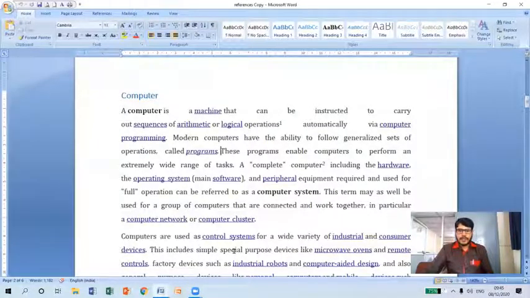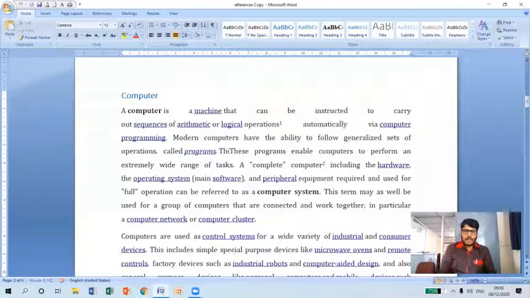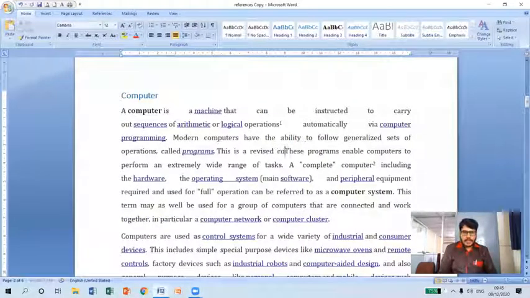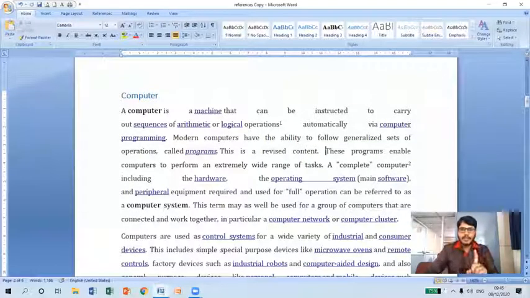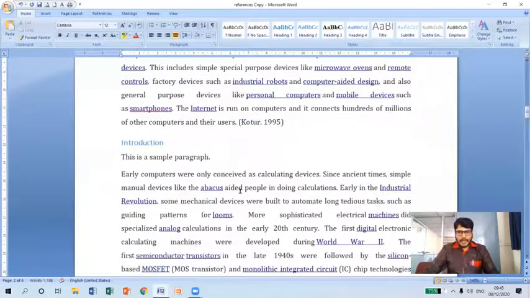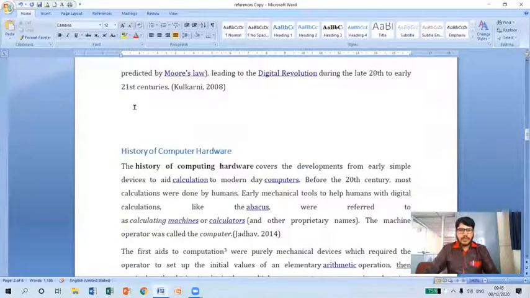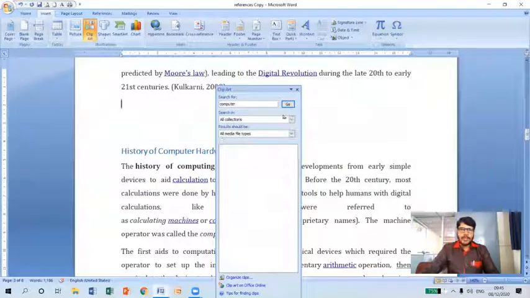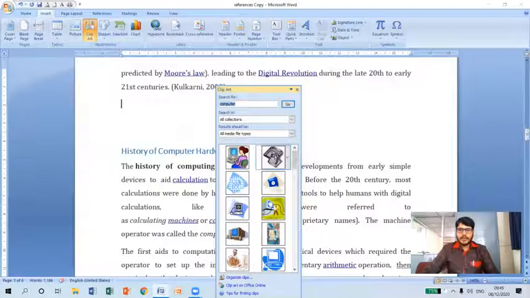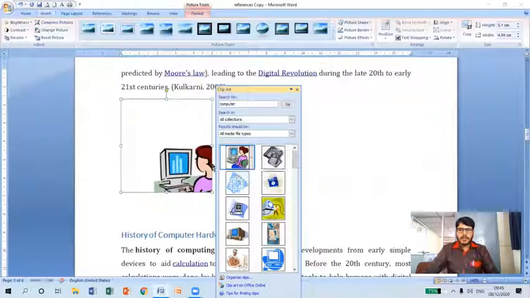Okay, after this is a revised content. So I have included just one line in the revision copy on the second page, and also on the third page let me include one clip art graphic here. Okay, let me include this particular image.